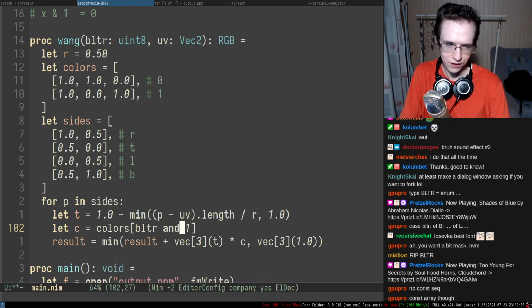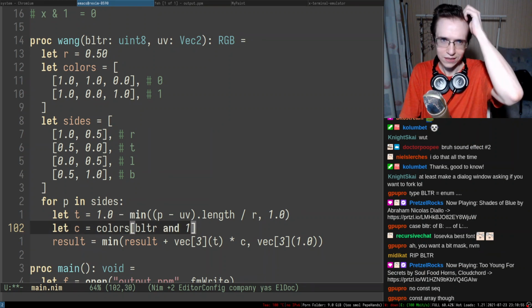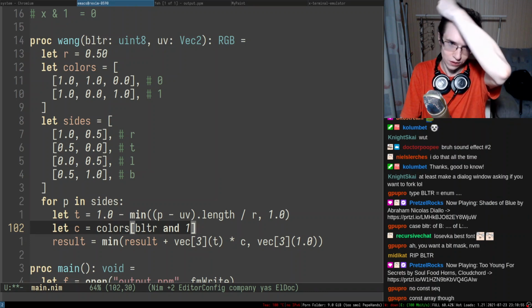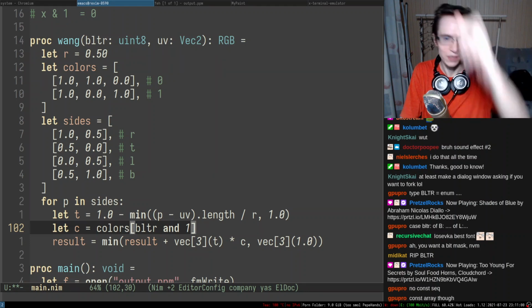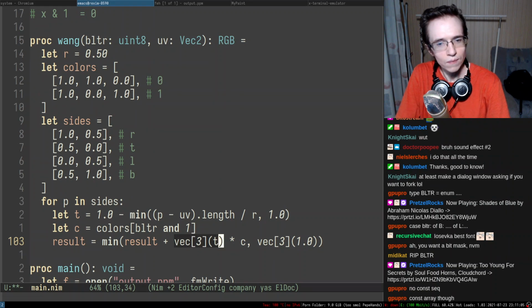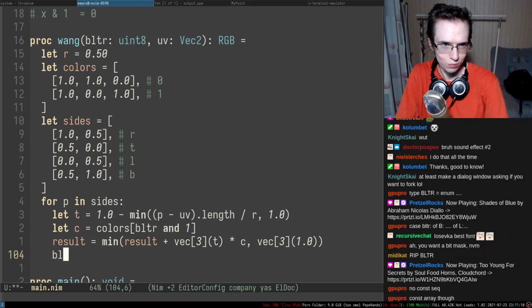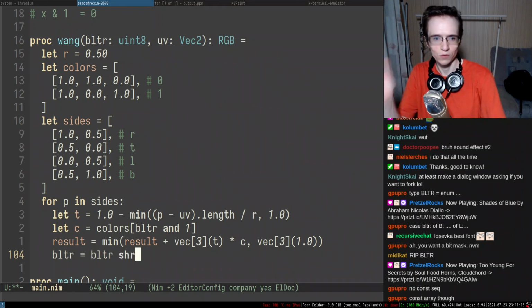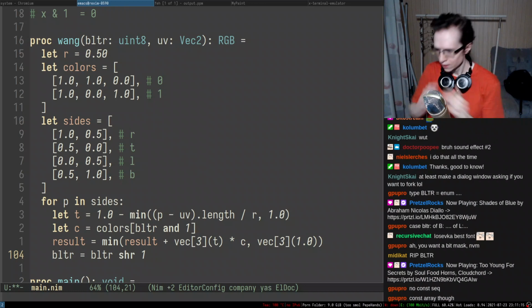I think this is how we do that. I think it recognizes that you're doing that with numbers, and it becomes like a bit operation. So that way it kind of works. Then we are combining all of that, and then I can do BLTR shift right one.